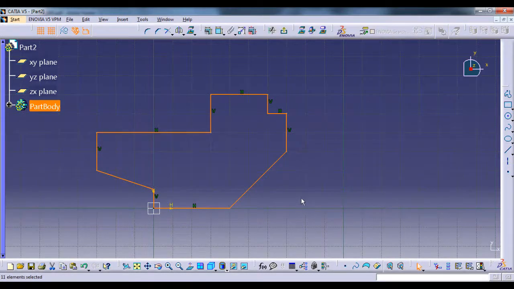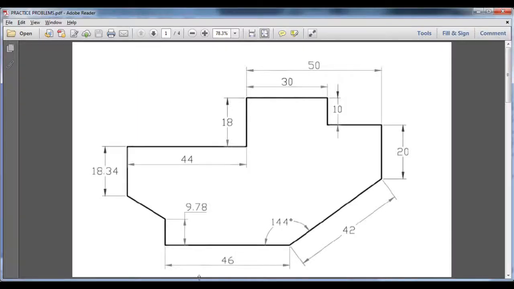Okay, that's it. So okay, the length of this line is 46 mm, this line is 42 mm, and this line is 20 mm.